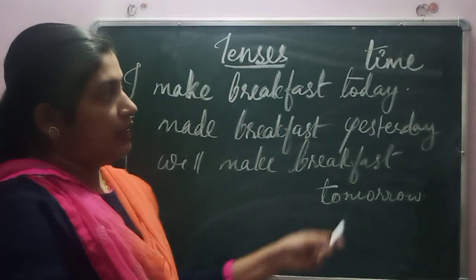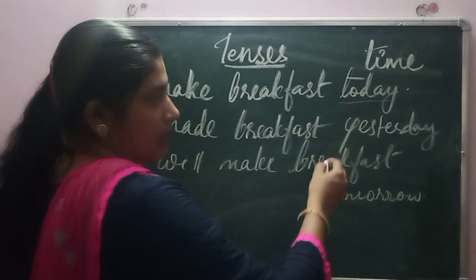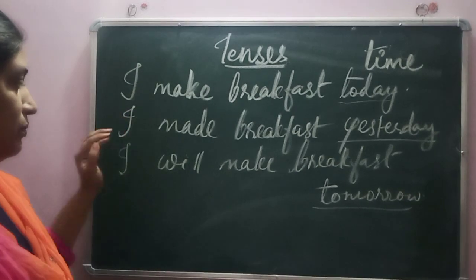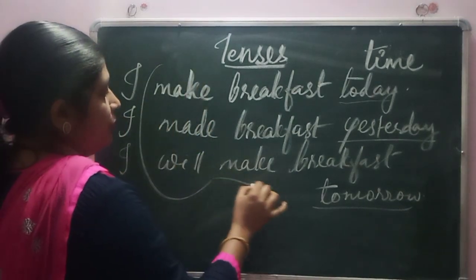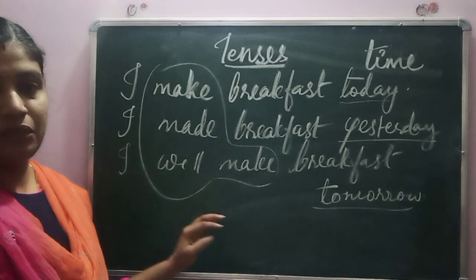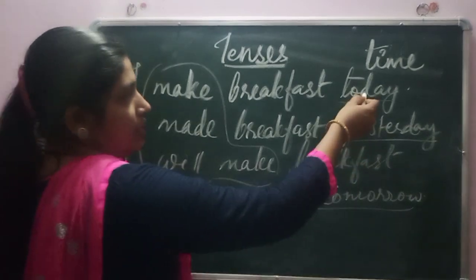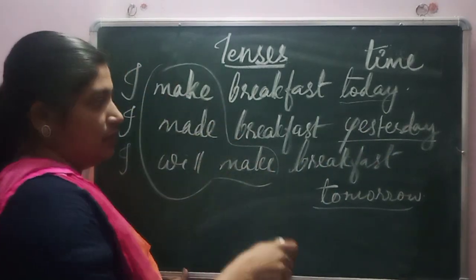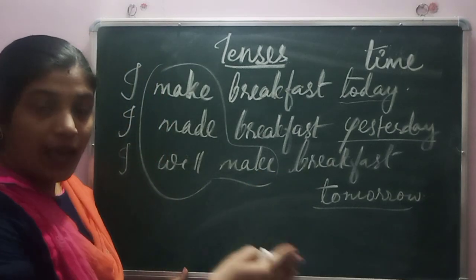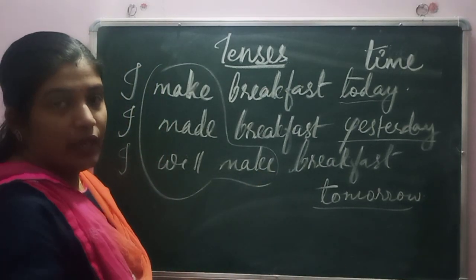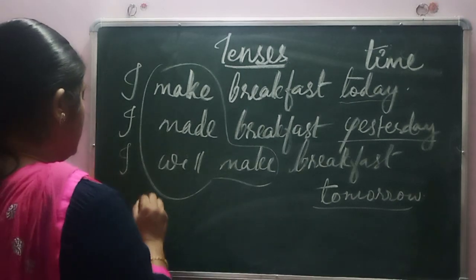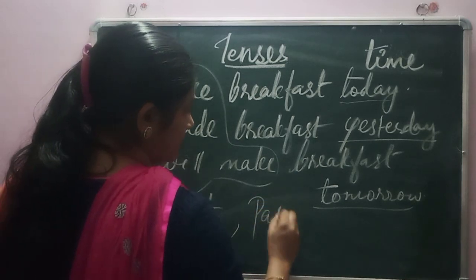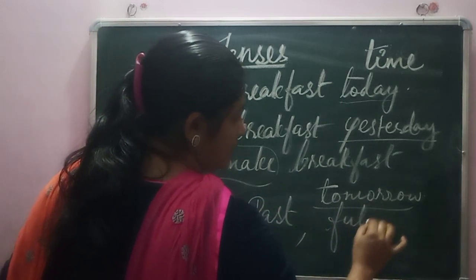Here you can say that this is happening now. This had already happened. This will happen. So the verb is in different forms. You can see that here. Understood? So that is present tense, something happening now. This is past tense, it had already happened. This is future tense, it will happen, it is going to happen. So there are mainly three types of tenses. First one, present tense, past tense, and future tense.